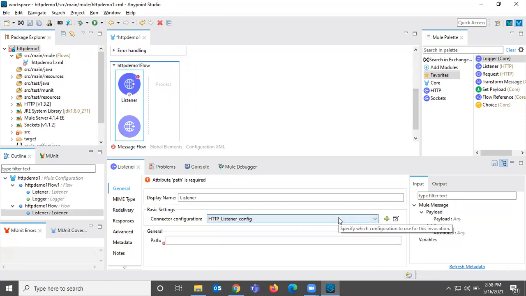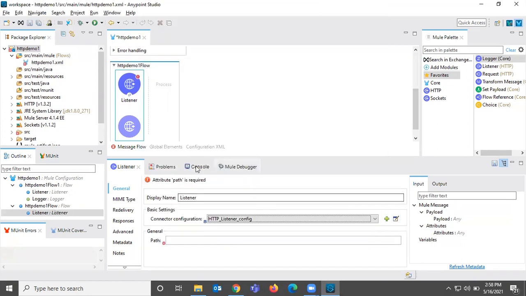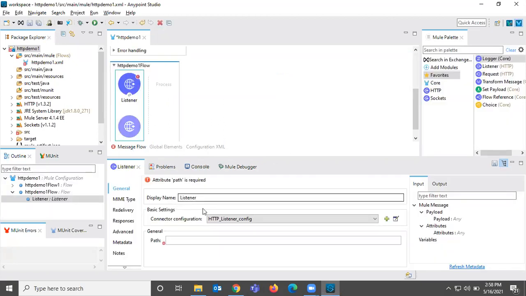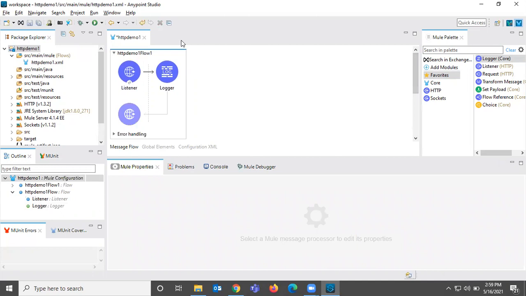Here we also select the same listener, see, it is already selected, /API/. Even if you go here, only one HTTP listener is configured. Let me go back to the main flow. This is purchase order. Let me drag a logger: inside purchase order flow. Let me save this and trigger the integration.